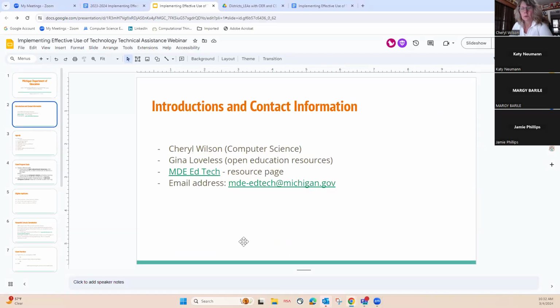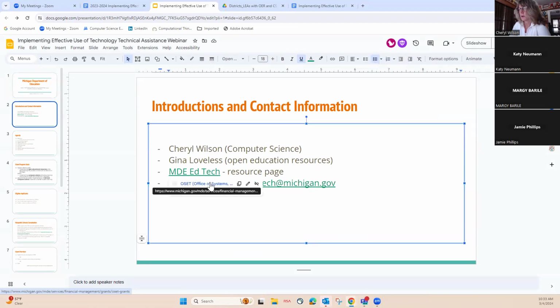And my name is Cheryl Wilson. I am the computer science consultant for the Michigan Department of Education. Gina might be popping on. If not, she is in charge of the open education resources area. We do have our MDE Ed Tech resource page. I will share that out. We have a grants page now and are making sure that we have that information up to date. Our email address, we're always available through the email address at the